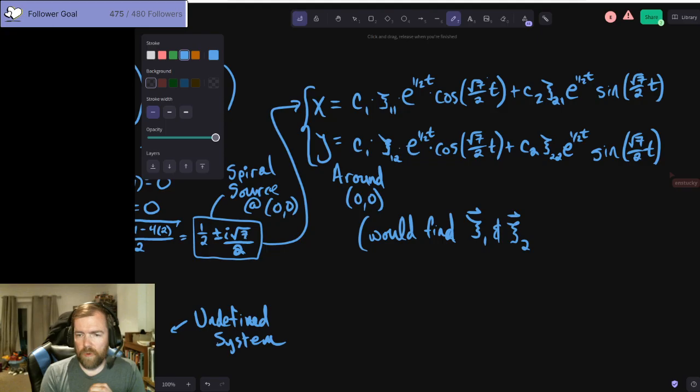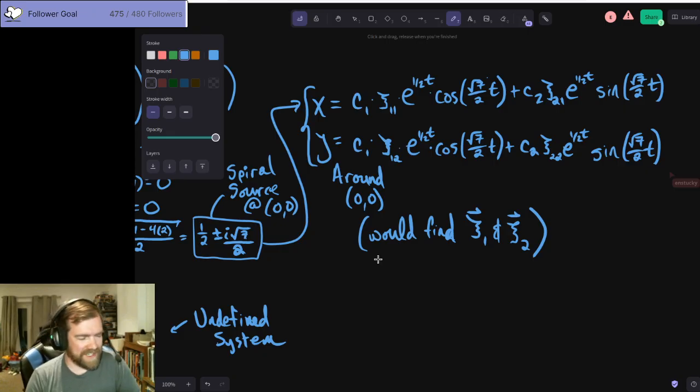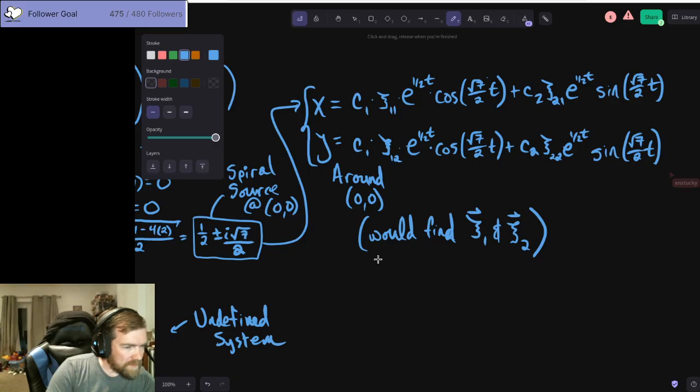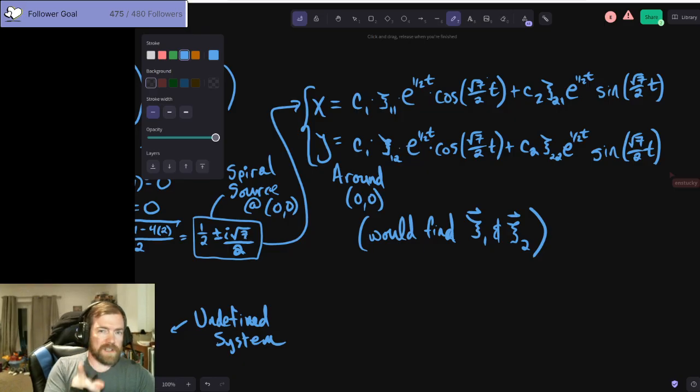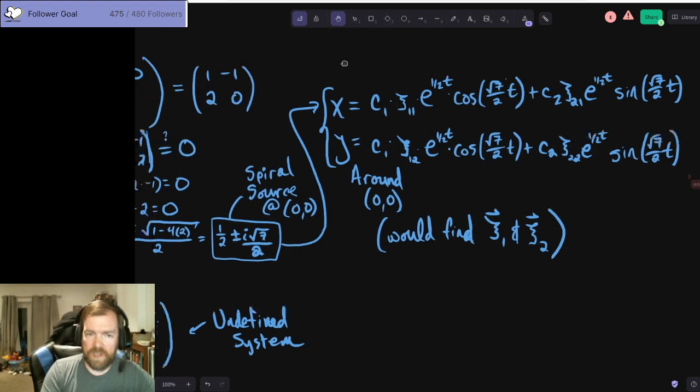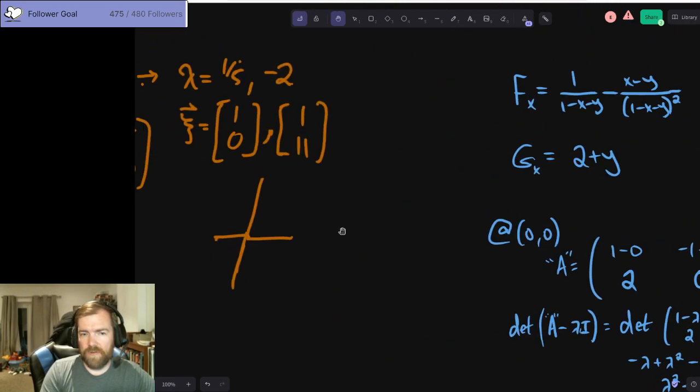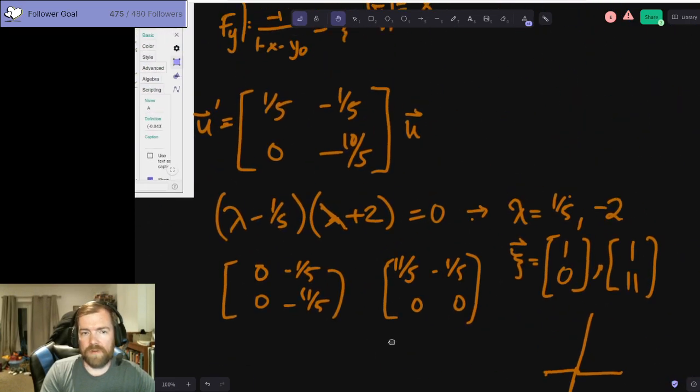And naturally, we would find C1 and C2, but right now we're just in a bit of a rush. Oh, right, and this is not for all positions, but this is not going to be x and y. For 0, 0, it will be. However, this is U1 and U2. So for the system you found,